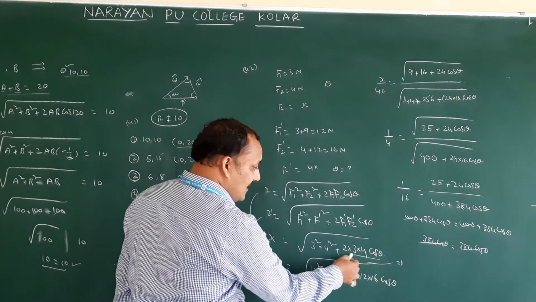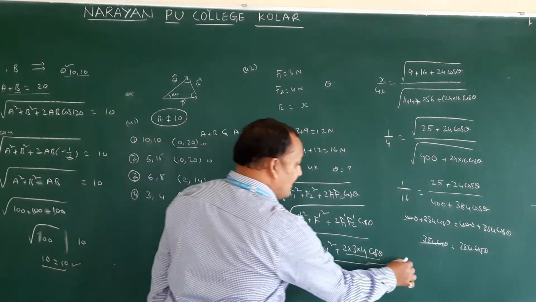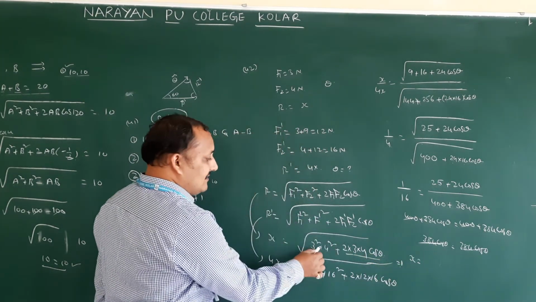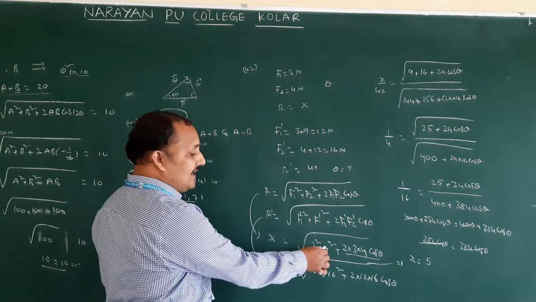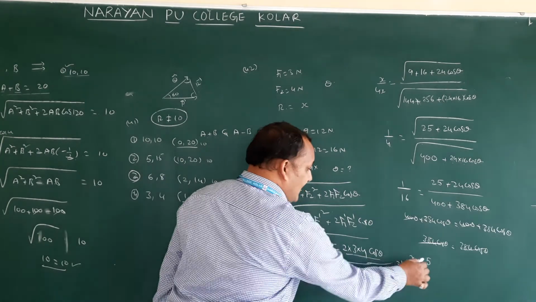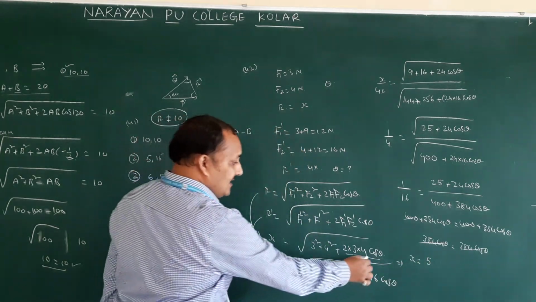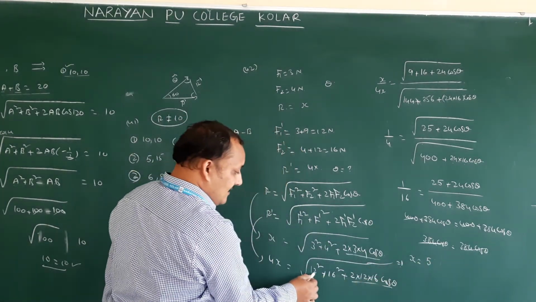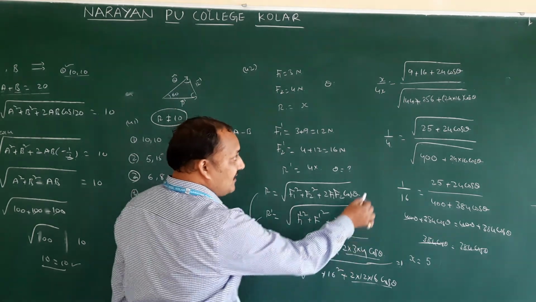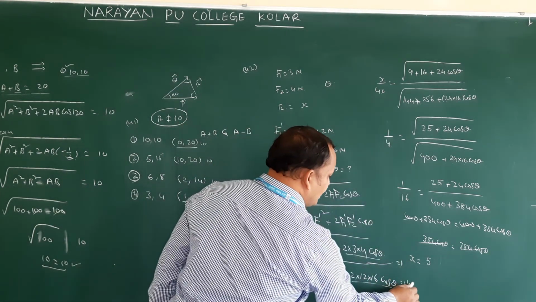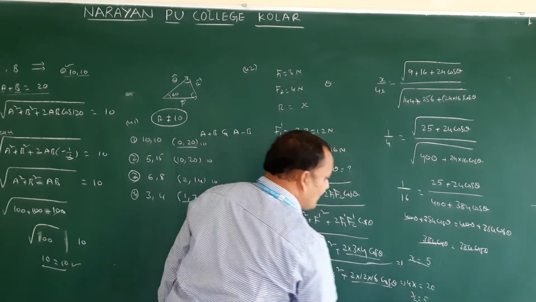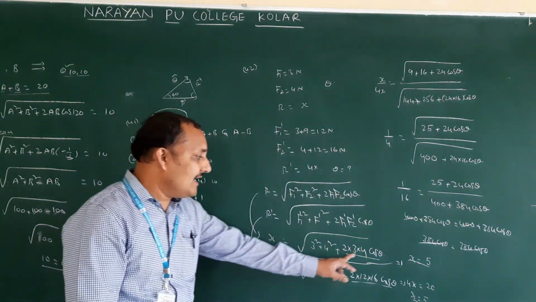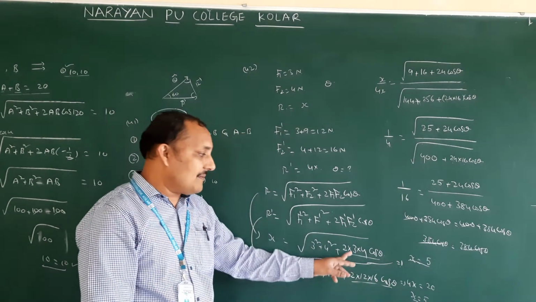Cos 90 is 0. The next value, how much here? 3 square plus 4 square, that is nothing but 5. So 3 square is 9, 9 plus 16, root 25 is 5. x is 5, you got. Next, if you substitute 90 here, 12 square plus 16 square, how much do we get? 400. Root 400 means 4x is equal to 20. Then x is equal to 5. So x equal to 5 you got for theta 90. Therefore option 3 is correct.